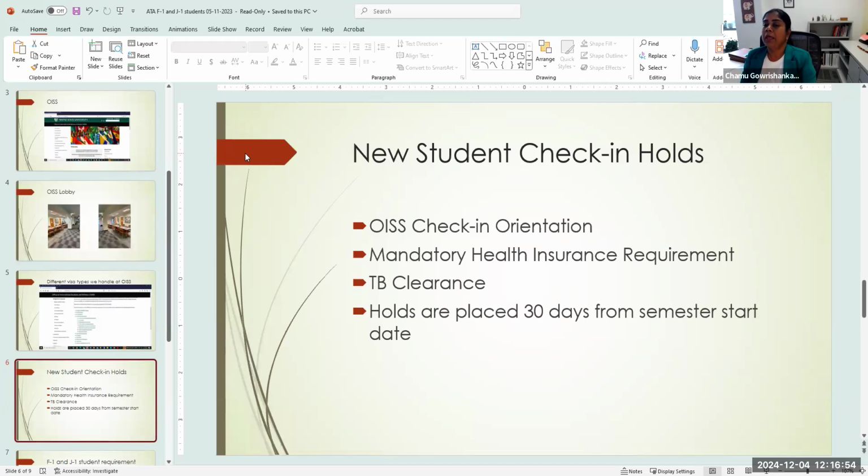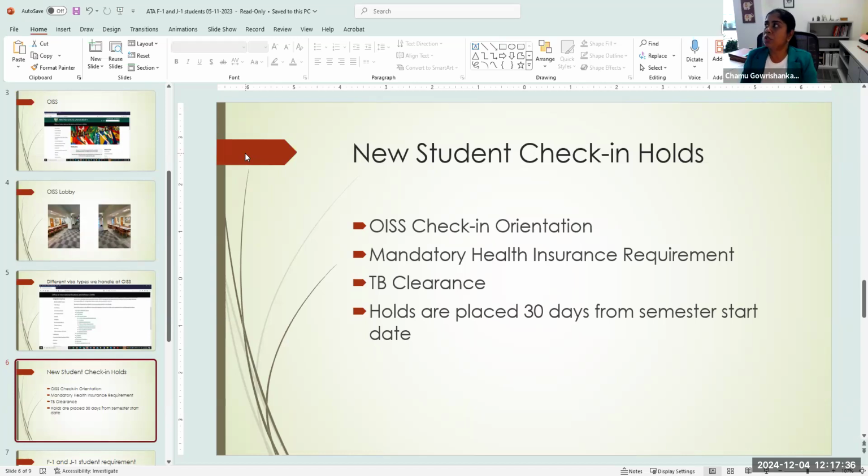Once they arrive, they have to complete a mandatory federal requirement called check-in. That process is required because we have to report back to Homeland Security that this student has arrived in this country and is going to study at Wayne State. So we collect their address, their arrival and immigration information, the date they arrived, and we report all that back to Homeland Security, saying this student arrived here, is going to study at Wayne State, and is registered for classes. So that's a mandatory federal regulation. So there is a hold for that. If they don't complete that, that hold will not be released.